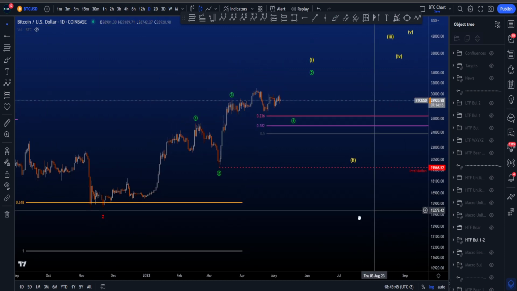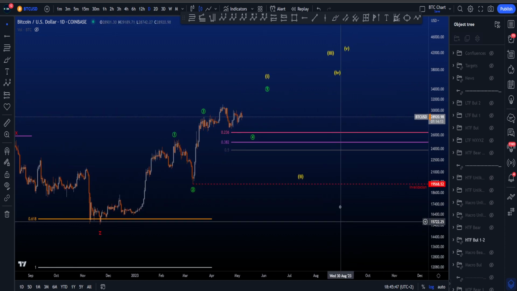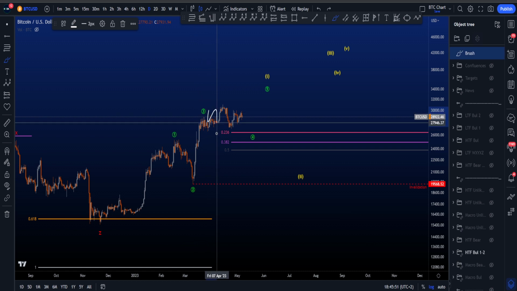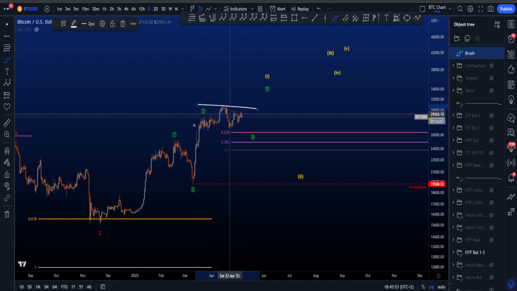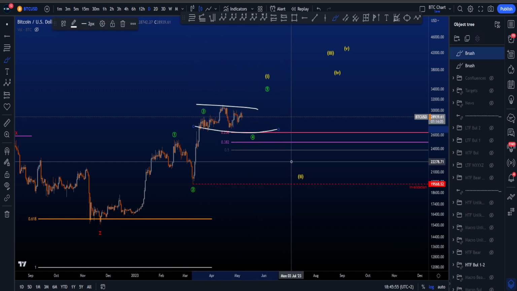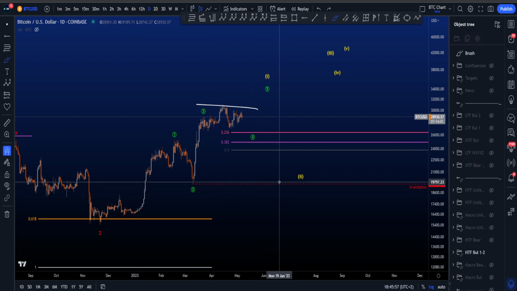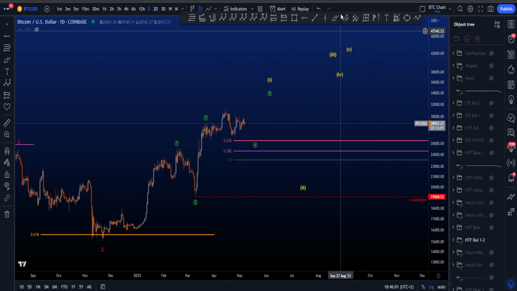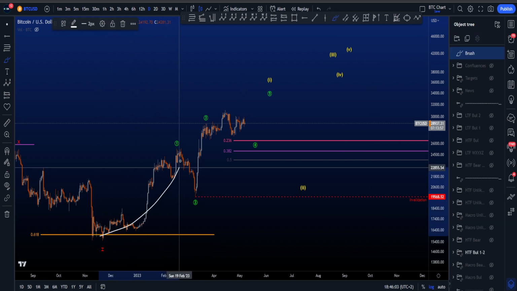And the daily time frame over here is a little bit more complex, and it also has to do again with this being very, very vertical and now ranging already for a very long time. We're basically going sideways already for many weeks, even a couple of months by now. So if we look at this structure, what I'm looking for at the moment is this being an extended wave